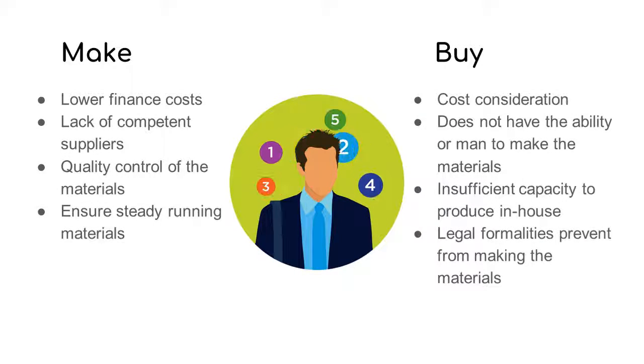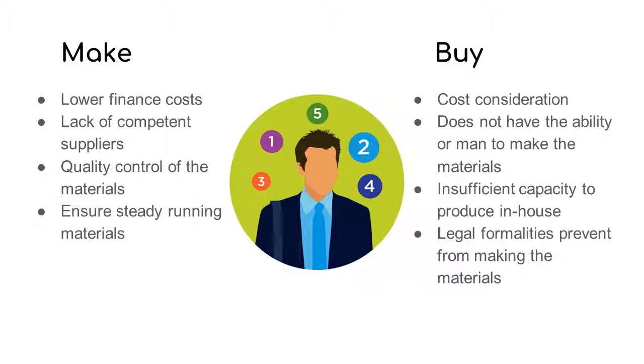Some companies manufacture everything, from raw materials through to distribution of the completed goods. This is because of lower financial costs to make the materials instead of buying from suppliers who will sell the materials more expensively, or there aren't any suppliers who can provide the materials. By making the materials in-house, it also gives the companies control over the quality of the material used in the product. Not only that, if there's a crisis, the companies will always have a backup source of materials to ensure